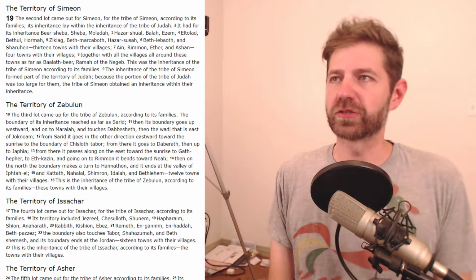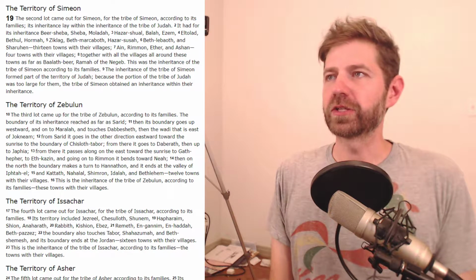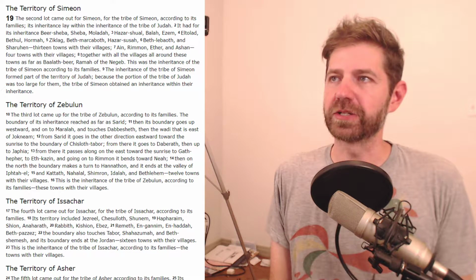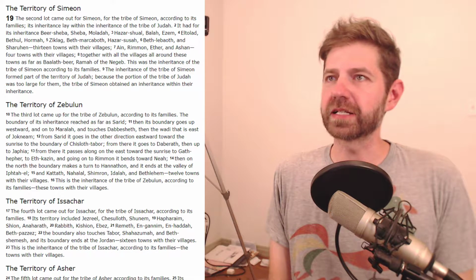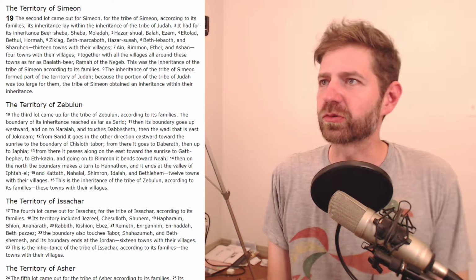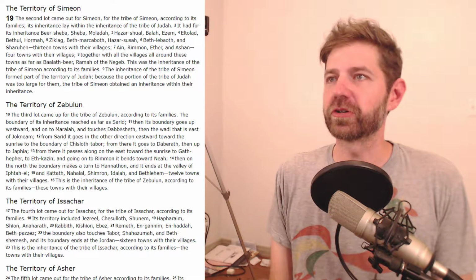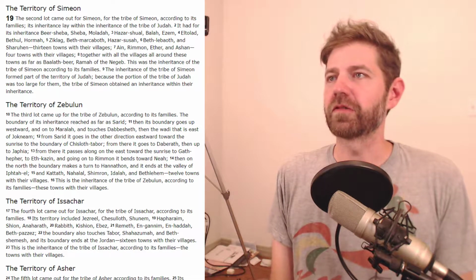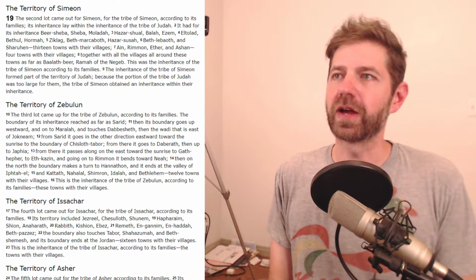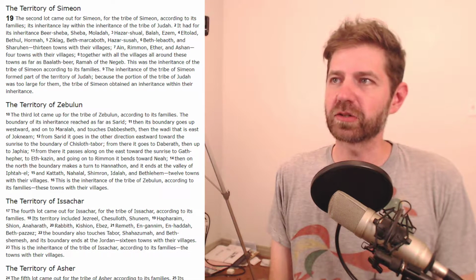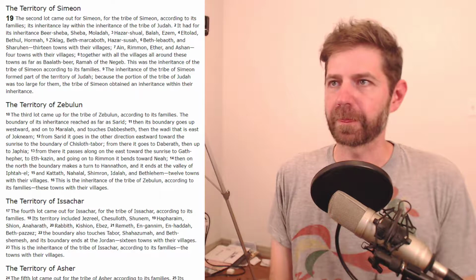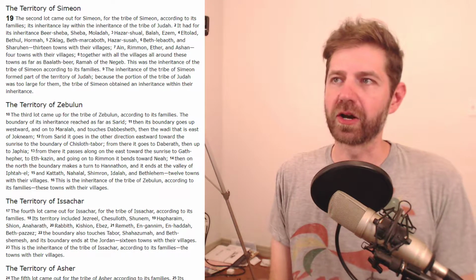The boundary of its inheritance reached as far as Sarid. Then its boundary goes up westward and on to Maralah and touches Dabbesheth. Then the wadi that is east of Jokneam, from Sarid it goes in the other direction eastward toward the sunrise to the boundary of Chisloth Tabor. From there it goes to Daberath, then up to Japhia. From there, it passes along on the east toward the sunrise to Gath-hepher, to Eth-kazin, and going on to Rimmon,